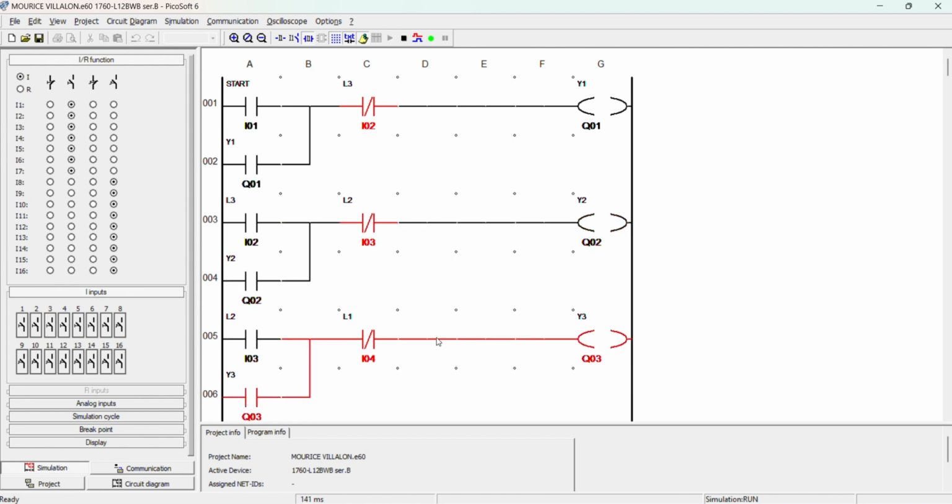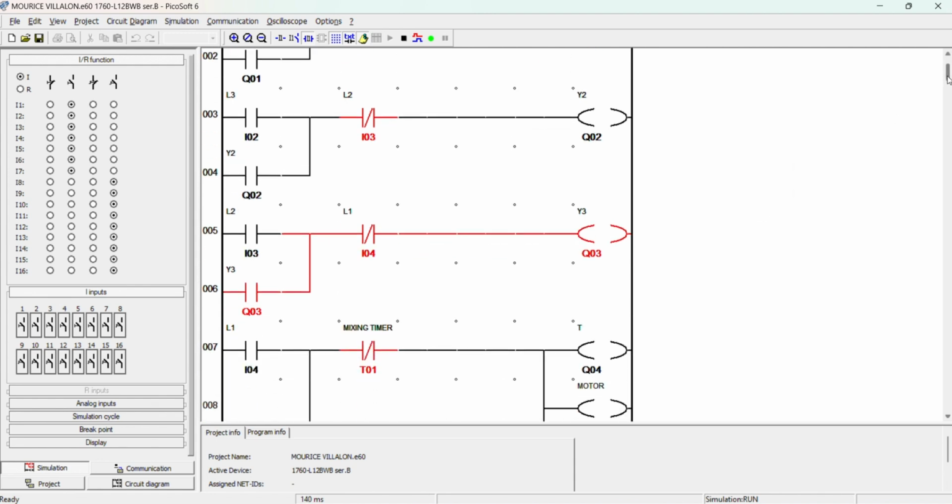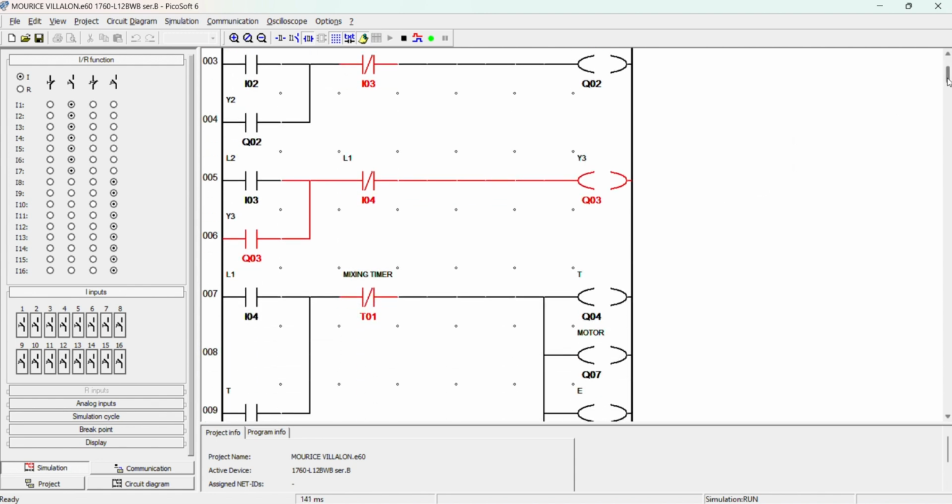Then it will trigger the sensor, and trigger the supply for the Y3, which is liquid C. It will supply to the tank, and then it will reach the sensor, which is the L1, the last sensor. It will simply break the supply for the output of Y3.